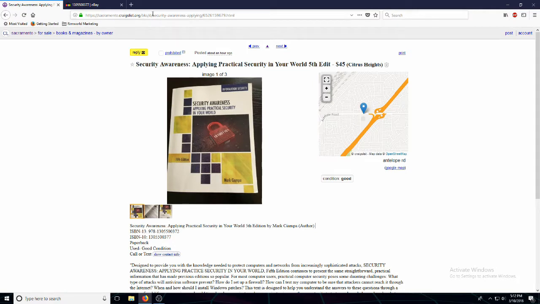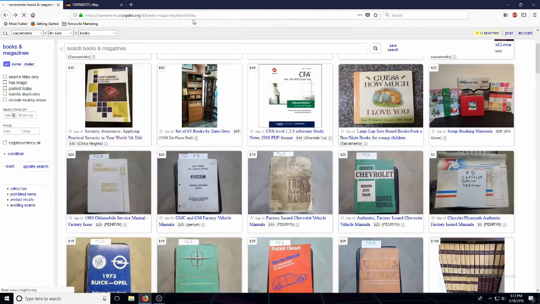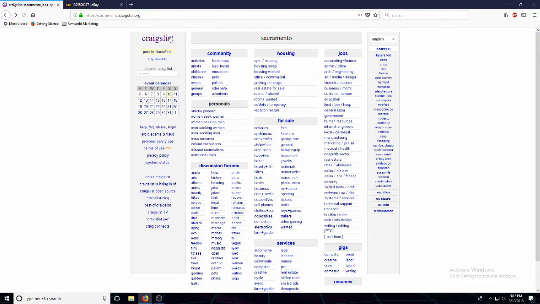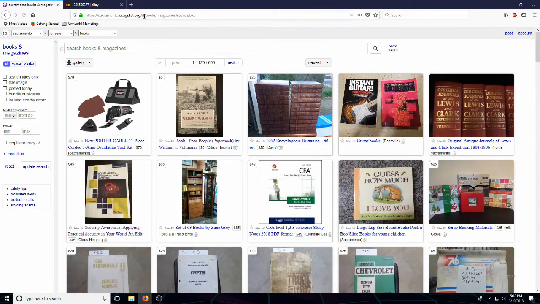Okay, so look at this tag here: sacramento.craigslist.org. Obviously, that's where I'm located because it automatically goes there. If we come back to the main page, this is just sacramento.craigslist.org. If you want a different city, put in the name of the city and then craigslist.org. So we could set up a program that automatically does that, create a dictionary that pulls all cities from somewhere, maybe all city names of the United States, or of your local areas, and then searches Craigslist through there. So if we click on books, the books section, we get